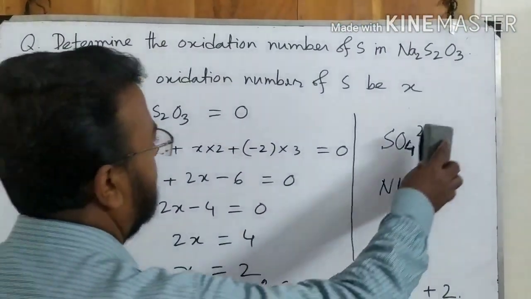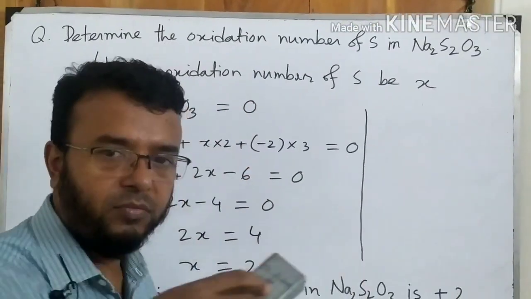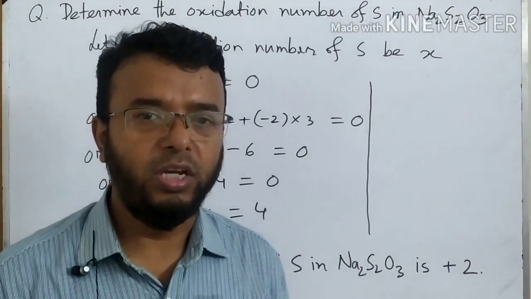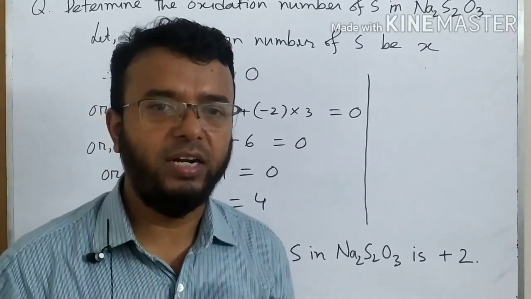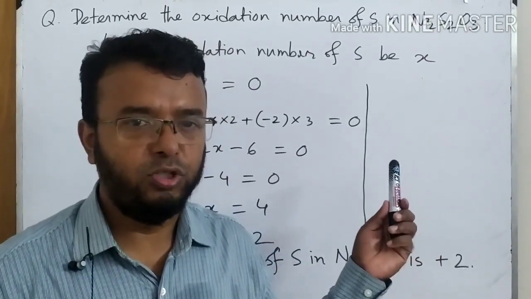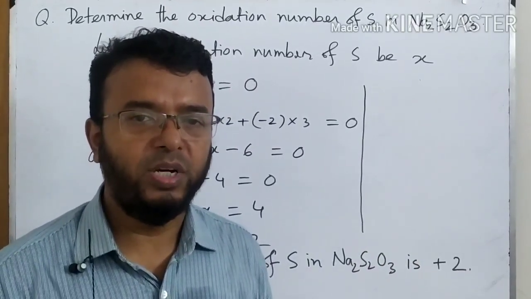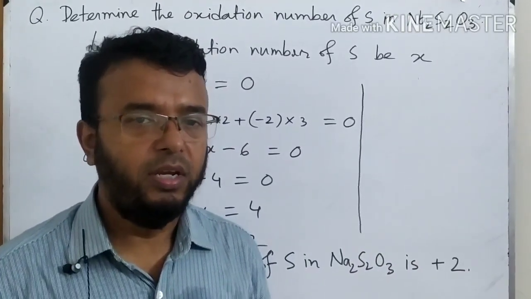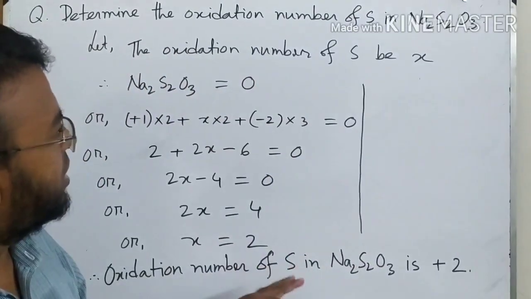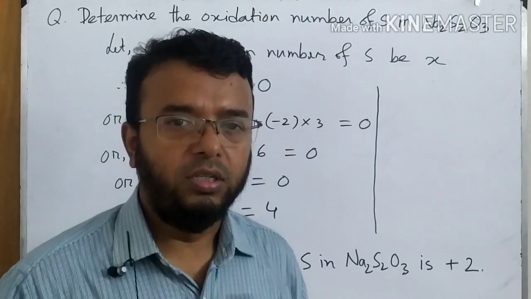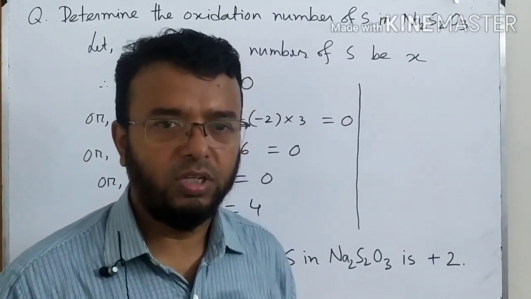Okay, that's all today. Dear students, today I have shown you some knowledge based questions and some comprehensive type questions from chapter 7. All of you must write it in your classwork copy, and like this, find out the oxidation number of more compounds, then do it in your homework copy. Okay, thank you everybody.